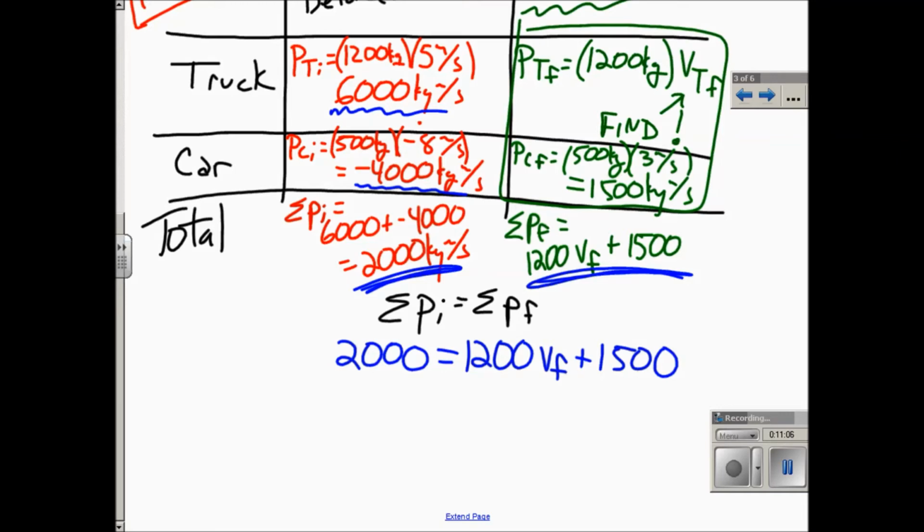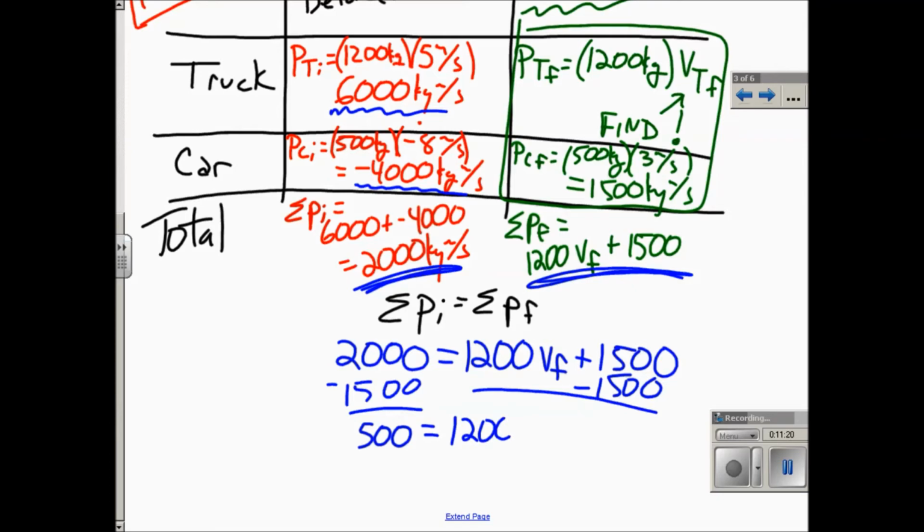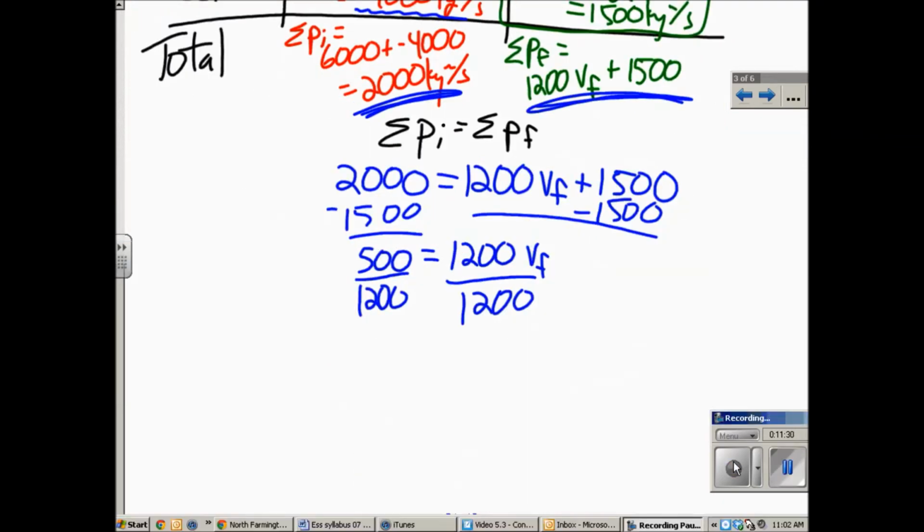Okay. So, solve it. A little bit of algebra. We got to subtract 1,500 from both sides. And you get 500 equals 1,200 times VF. Divide both sides by 1,200. And we get